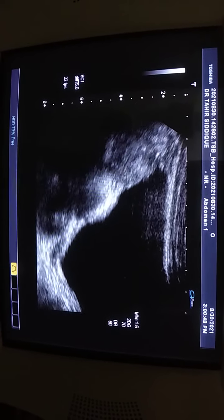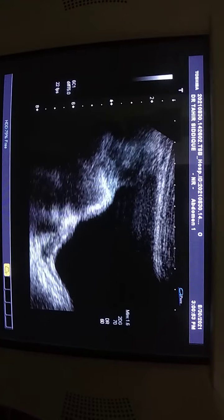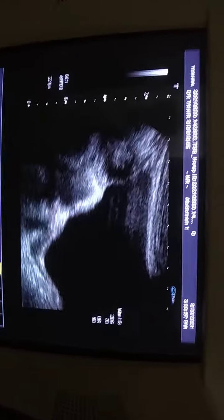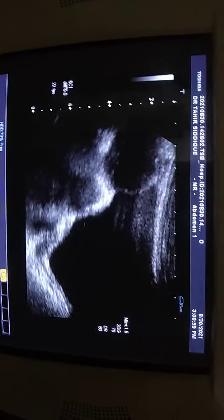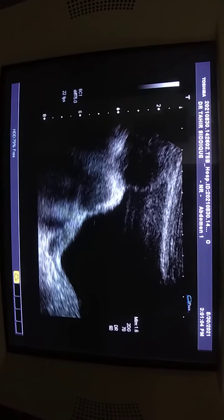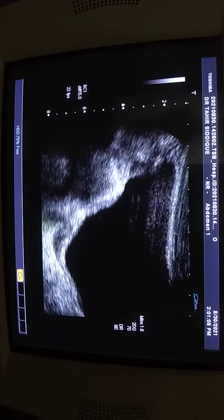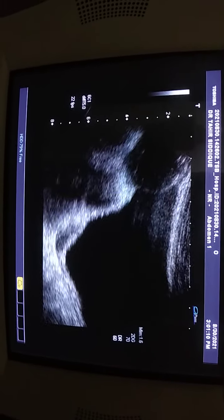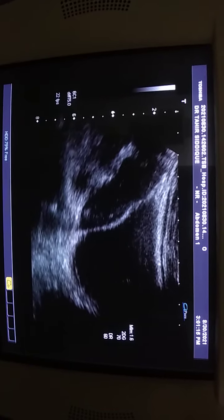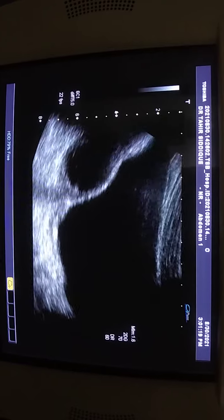Okay. Ultrasound study of a patient aged 15 years. She has not had a menstrual cycle so far, and she has been referred to rule out any pelvic pathology. Now what we are seeing is that if you concentrate over this part of the ultrasound,